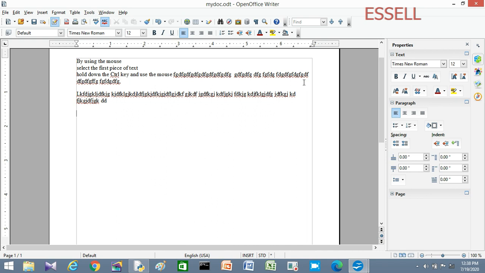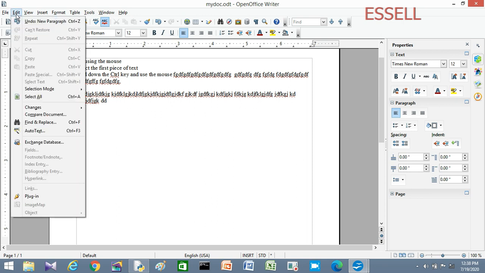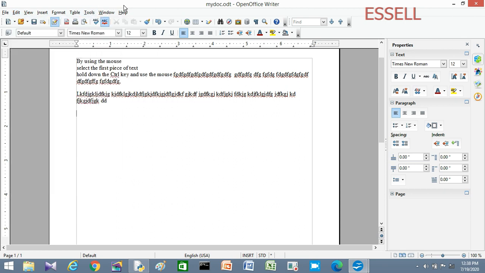First we can study undo and redo. The undo and redo commands are placed in the edit menu. In the edit menu there are two icons, one is undo and the second one is redo. The same commands we can see in the standard toolbar also, undo and the second one redo. Suppose I click here, what happened?